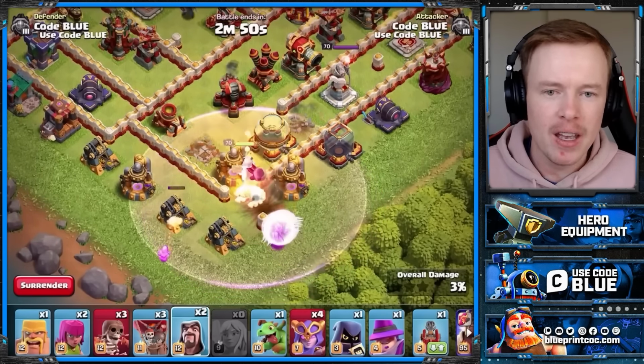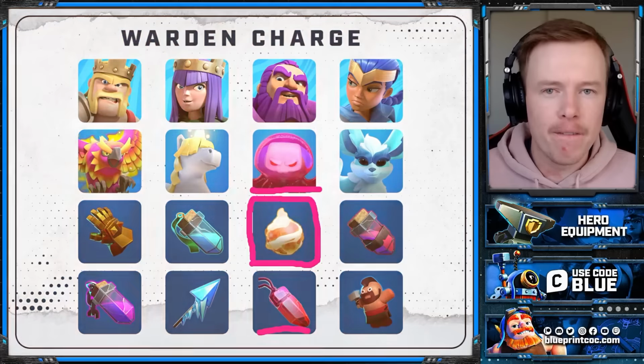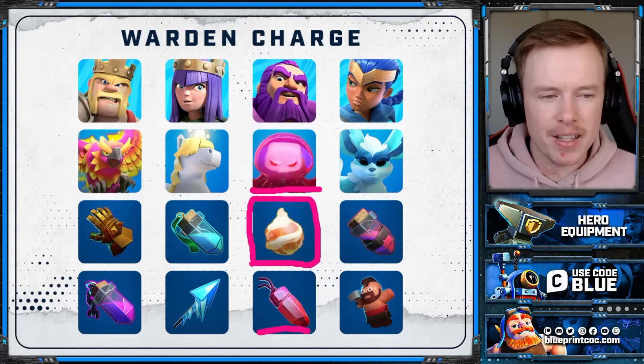The Rage Gem, obviously, because we want to speed up the power of the Warden Charge, and the Jelly so that we can speed up the Warden Charge. You've got the raged healers anyway, so you should be able to keep your Warden alive, and you can get to the position where you're fireballing far more quickly. Now let's move on to some